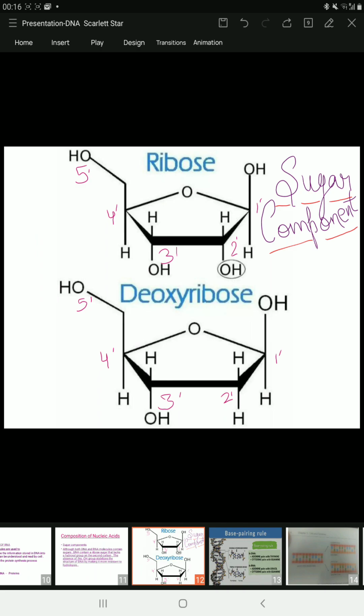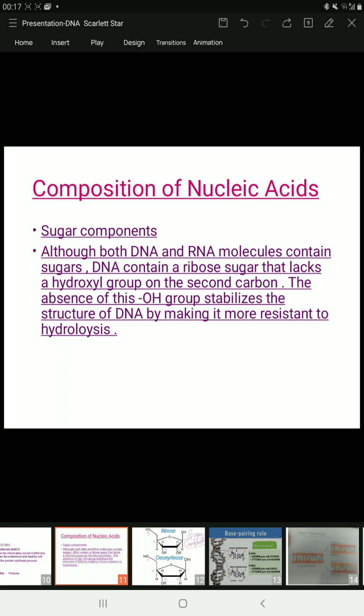Means DNA has an H group here at the second carbon. This is 1 prime, 2 prime, 3 prime, 4 prime, 5 prime. Let's focus on the deoxyribose. So at the 2 prime it lacks a hydroxyl group, whereas ribose contains a hydroxyl group at the second carbon. So what is the difference between them? If we compare ribose sugar to deoxyribose sugar, then